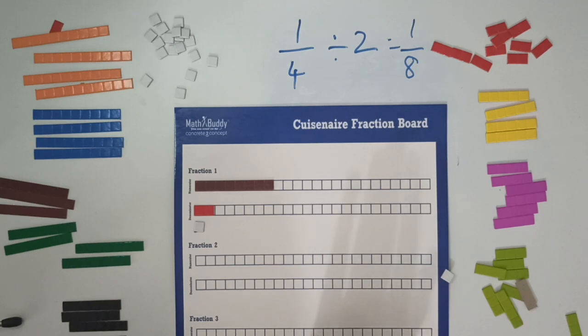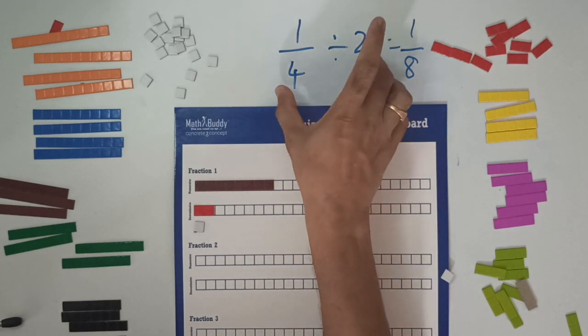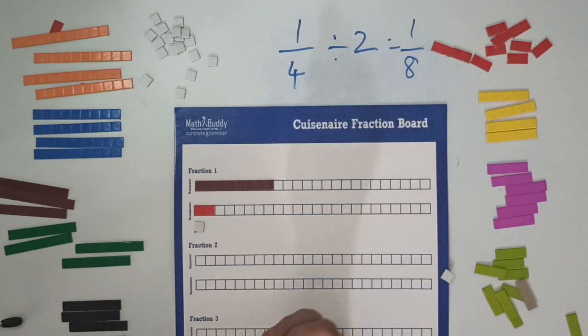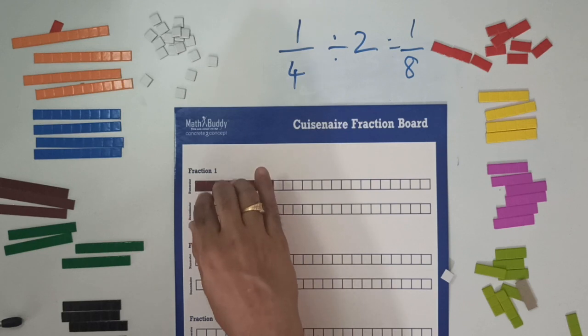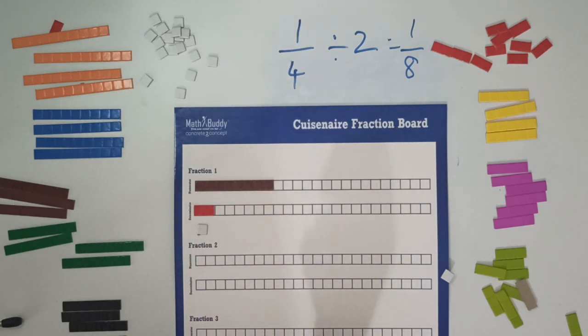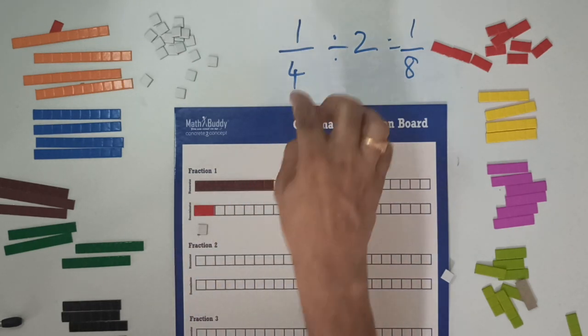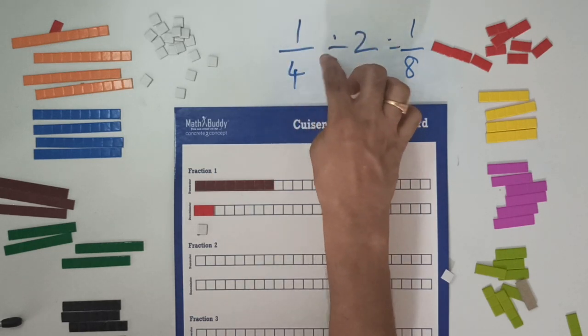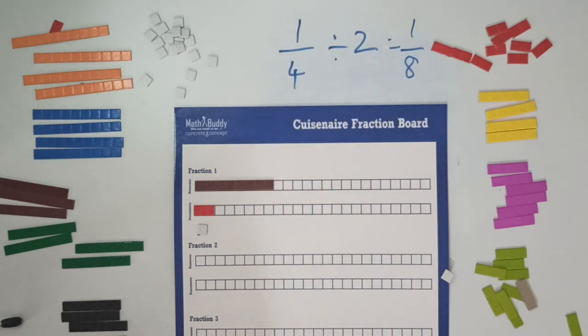You can choose any number, but if you choose a number which does not have these two as factors, you will end up with smaller fractional pieces, which will become difficult to handle, right? So that's the only reason, but otherwise the concept is very straightforward. You define a whole, you find the fraction that you have, and then you divide that by the number of pieces that you want to divide that by, right? So this is division of a fraction by a number.